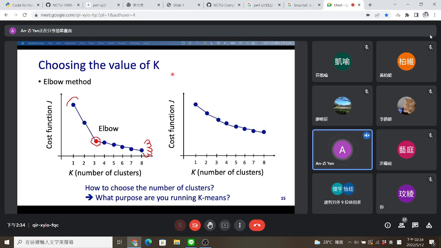So if we have an evaluation metric, a better way to determine the number of clusters is to evaluate how well different numbers of clusters